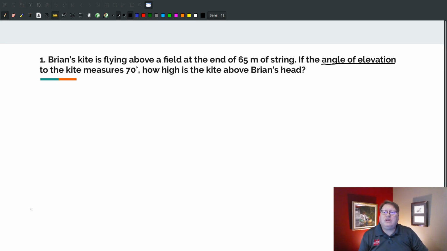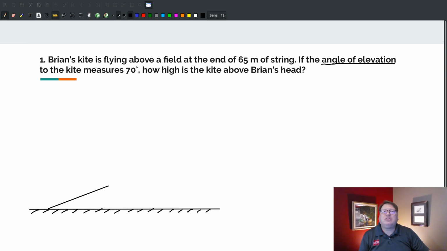I'm just going to come down here and draw my ground right here, and I like to draw my ground like this. And what else are they telling us on this problem? His kite is flying above a field at the end of 65 meters of string. So somewhere up here we are going to have